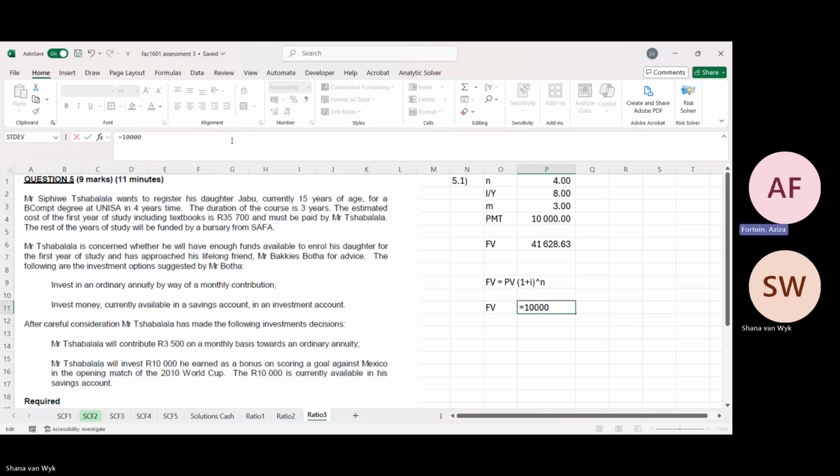10,000 multiplied by (1 plus the 8% interest divided by 4). So it is now 0.02, to the power of 16. So in actual fact, it's 10,000 rand in the next line times 1.02 to the power 16, because it's 4 quarters over 4 years. So if you say 1.02 to the power 16, what do you get?